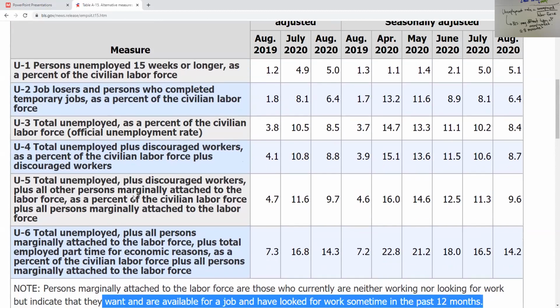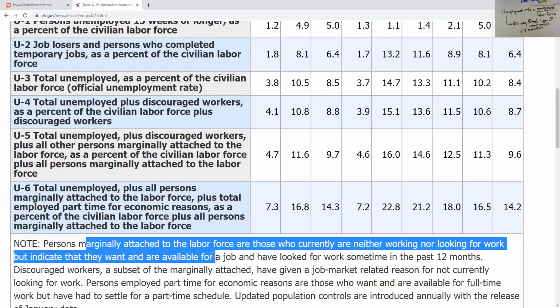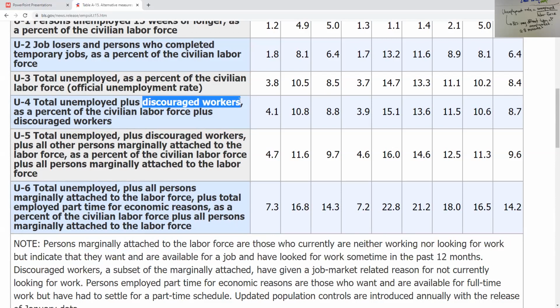So a marginally attached labor force is someone who's currently neither working nor looking for work, but indicates that they want and are available for a job in the last 12 months. So, this is somebody who's maybe given up on the market, right? This happened a lot during the Great Recession. And we saw that the official unemployment rate went down, but if we included the discouraged workers, I'll show you this in a second, it is going to be those unemployed plus the discouraged workers